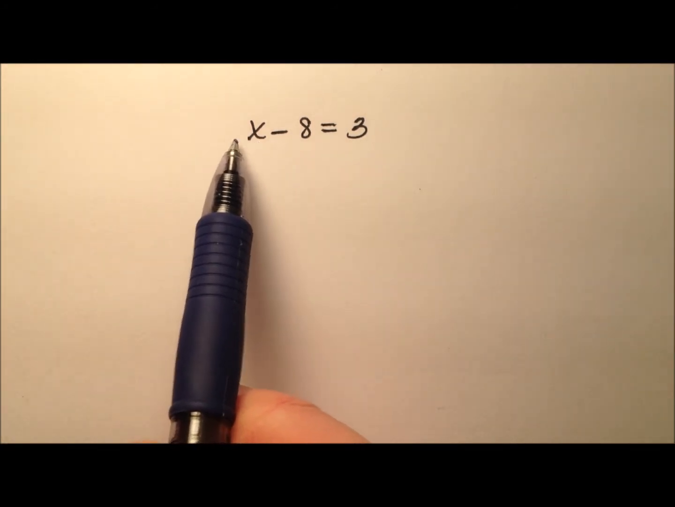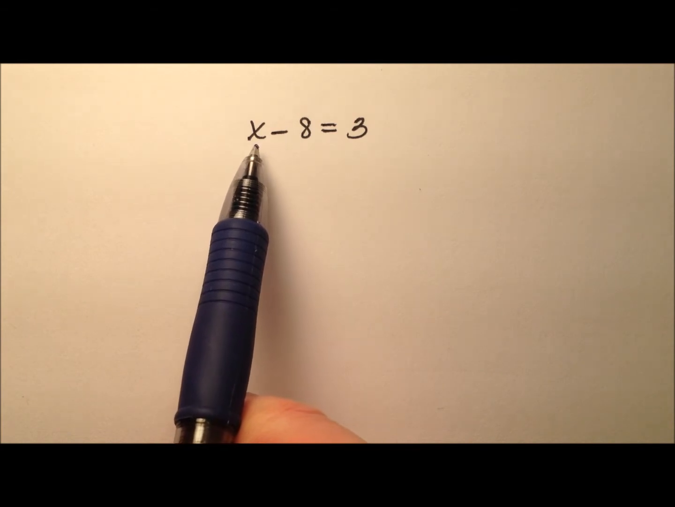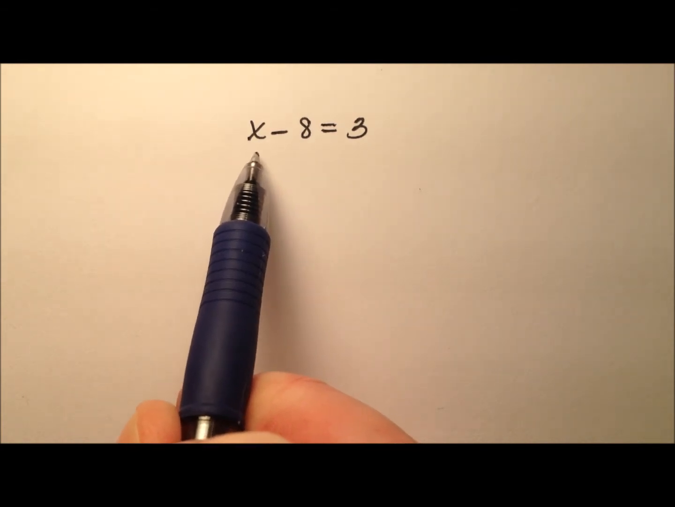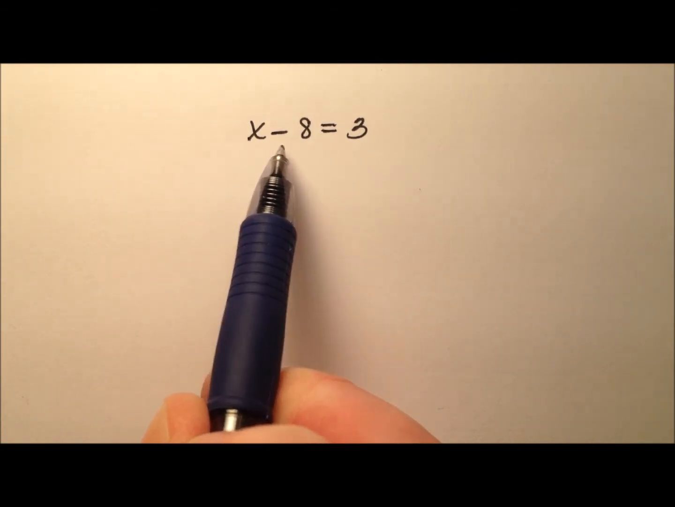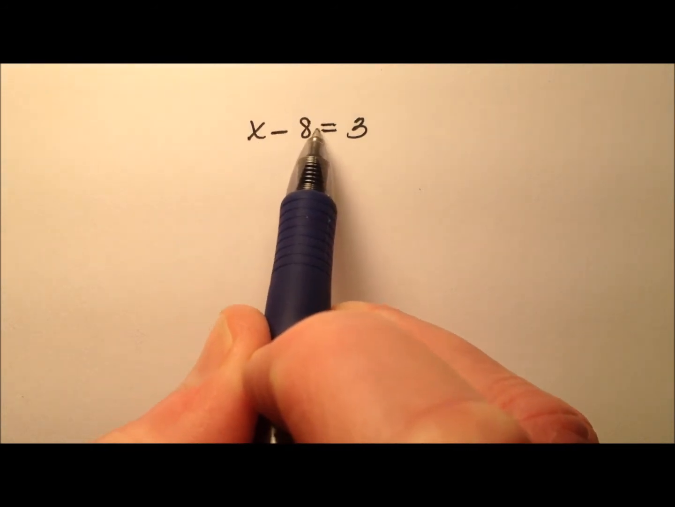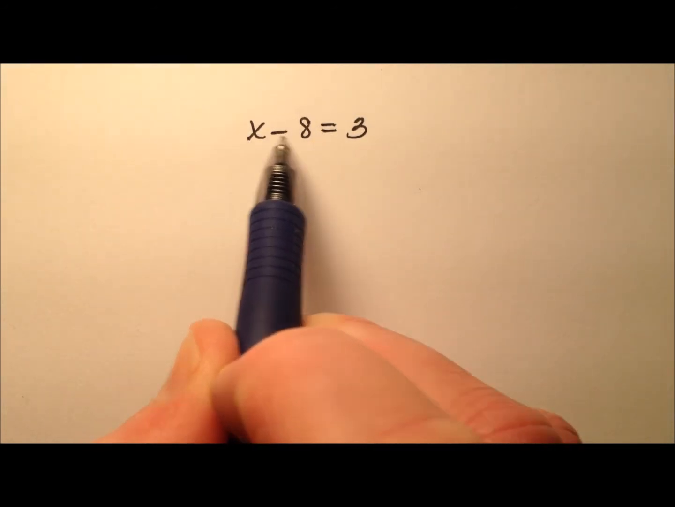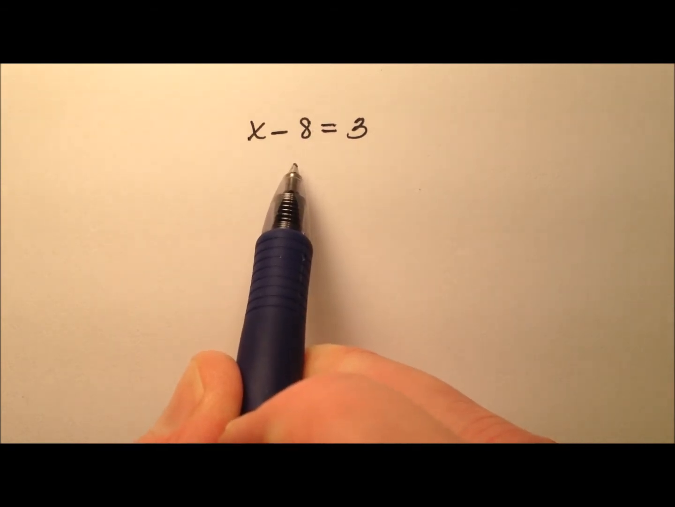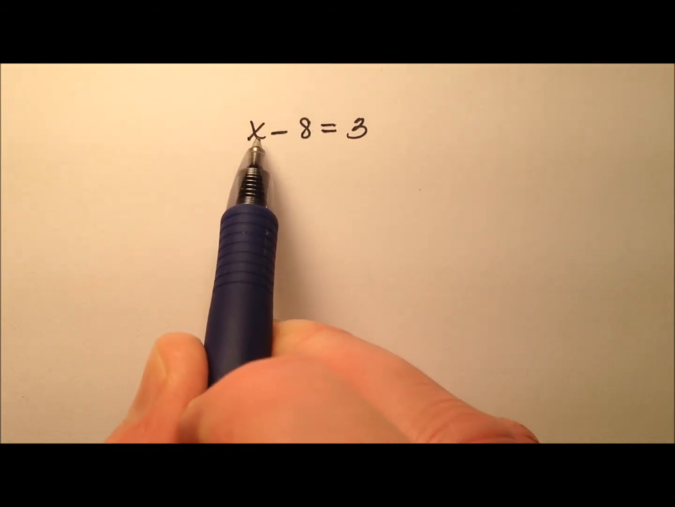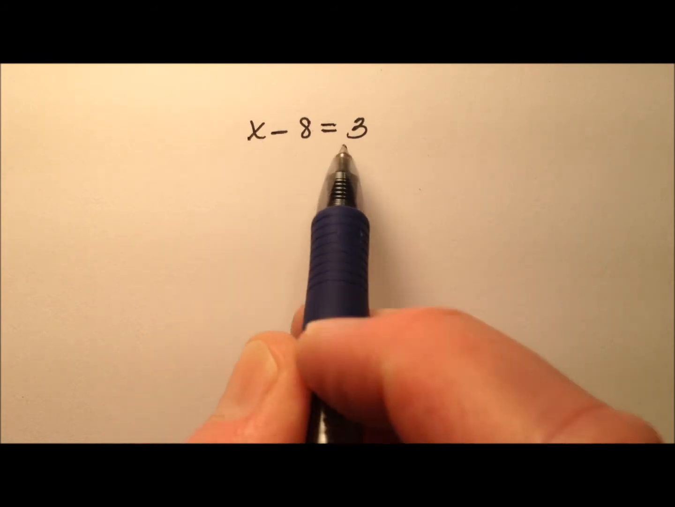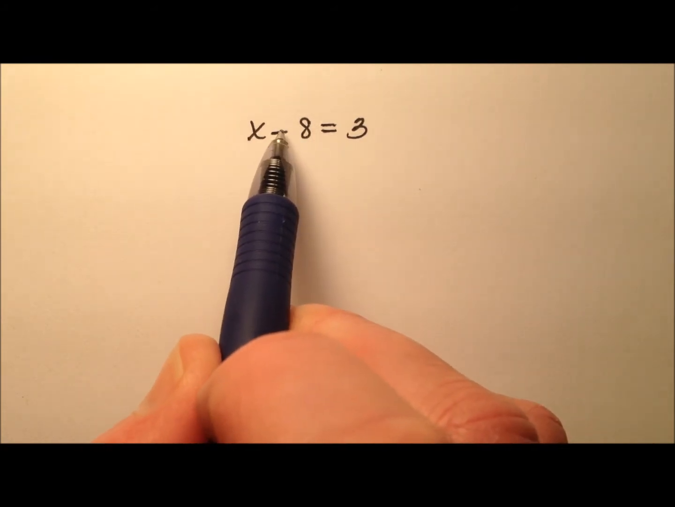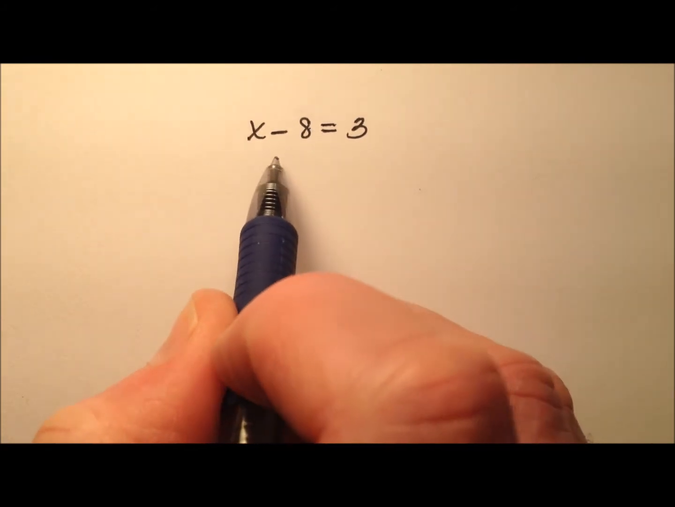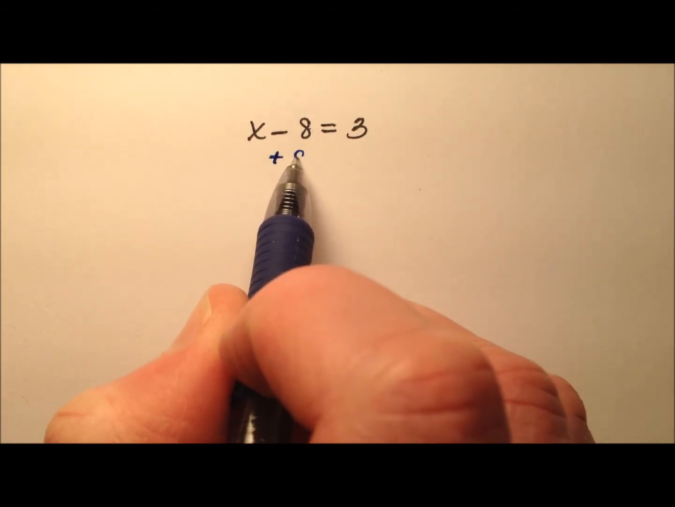And so remember, the goal of solving equations is to isolate the variable. And our variable in this case is x. But you'll notice on this side of the equation, along with this x, we have this minus 8. So what we're going to do is use inverse operations to isolate this variable x. So since x is being subtracted by 8 on this left side, let's go ahead and do the inverse of